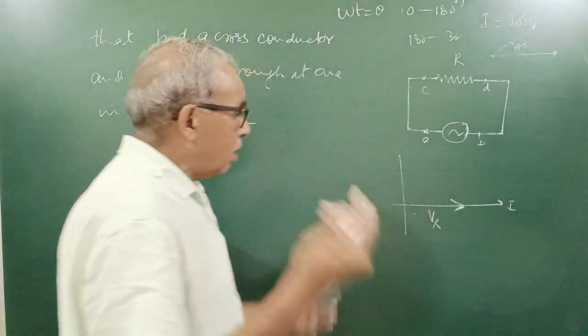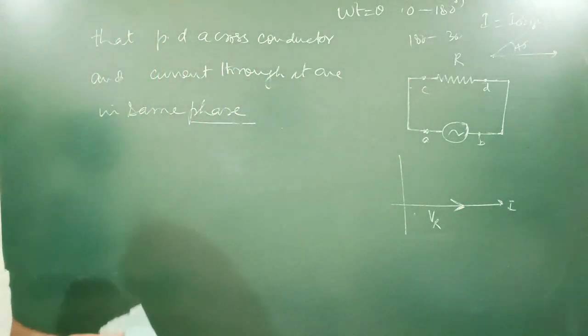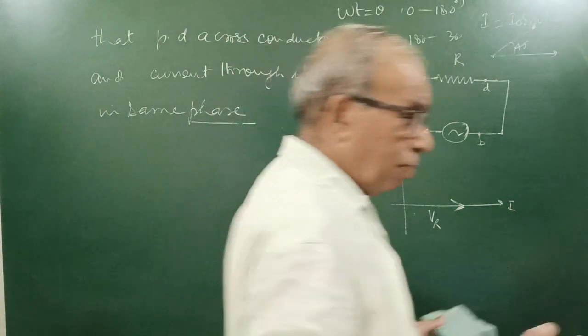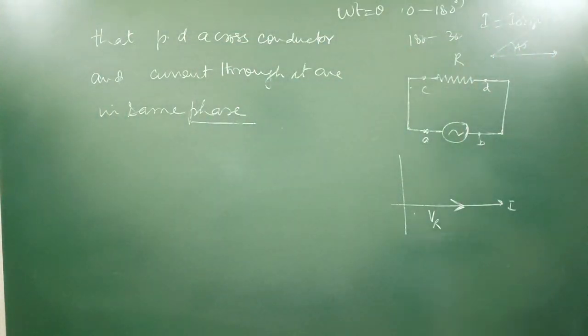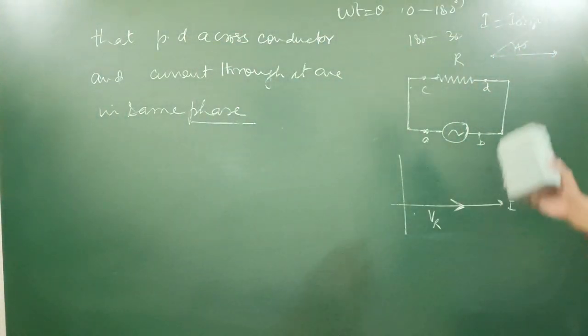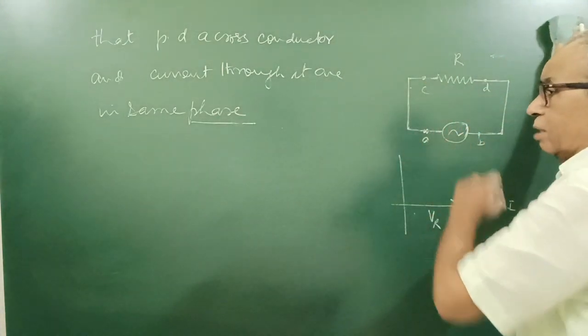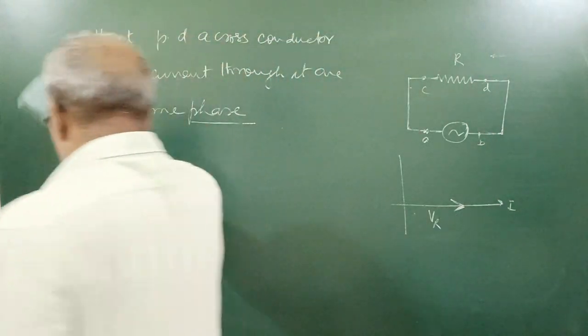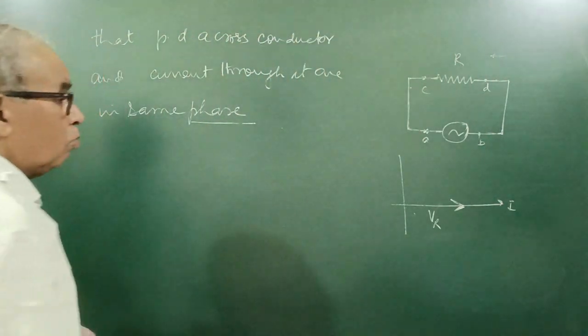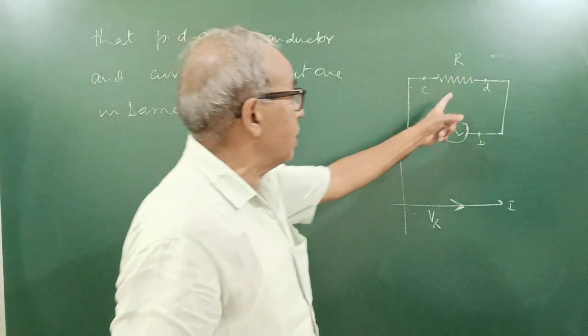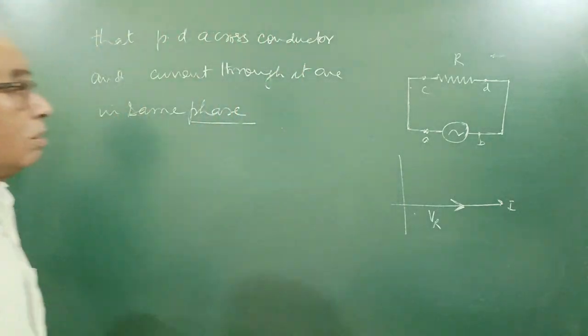You might think that it always happens. No, it does not always happen. It does not happen always. I mean, only in the case of a circuit. This is a case of a circuit. Current and voltage are in the same phase only when there is resistance. Means